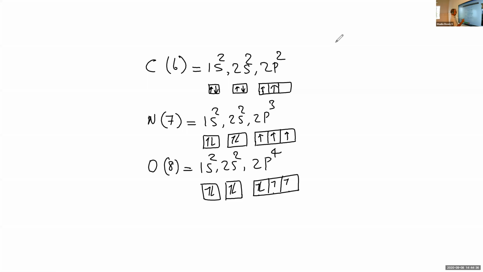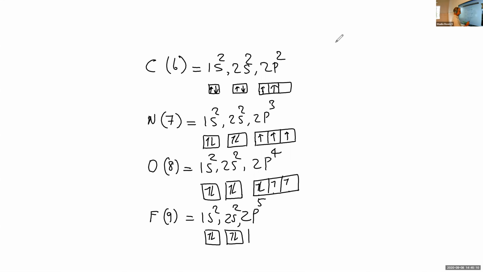Similarly, you go to, say, fluorine, atomic number 9. The configuration is 1s2, 2s2, 2p5. Now can you see the distribution of electrons? 1s, 1 orbital, 2 electrons, and they are of opposite spin. They are paired electrons. Then 2s, 1 orbital, 2 electrons, and they are of opposite spin.